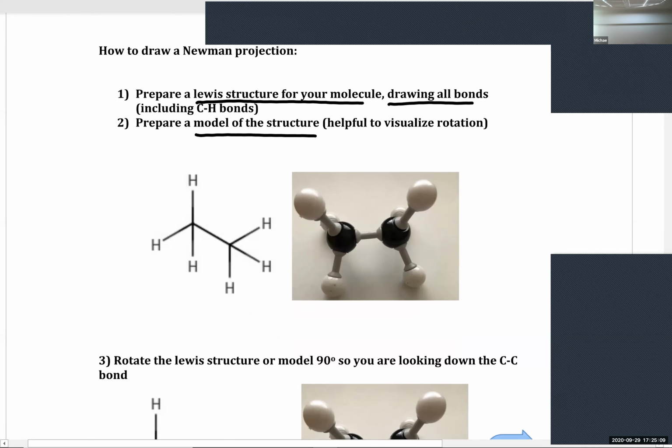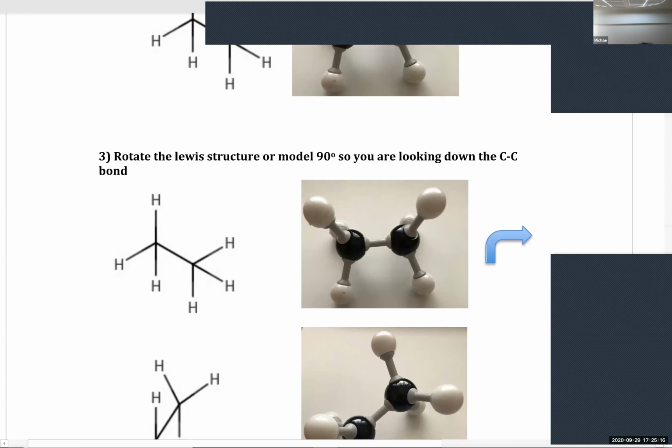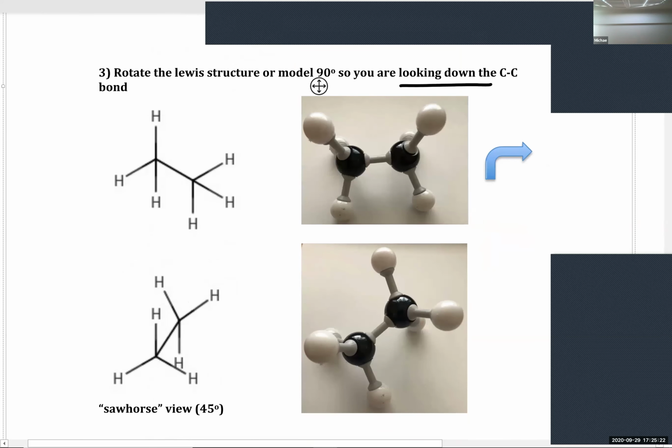Okay, so now that we have our model, what we're gonna do is we're gonna rotate our model or our Lewis structure 90 degrees, so you're looking down the carbon-carbon bond. And then, just like we're gonna do a ton in this class, we're just gonna draw what we see, okay? So I started off with something like this. Now I'm gonna rotate it 90 degrees, and I'm looking down one of my bonds now, okay? So now that I'm looking down one of my carbon-carbon bonds,